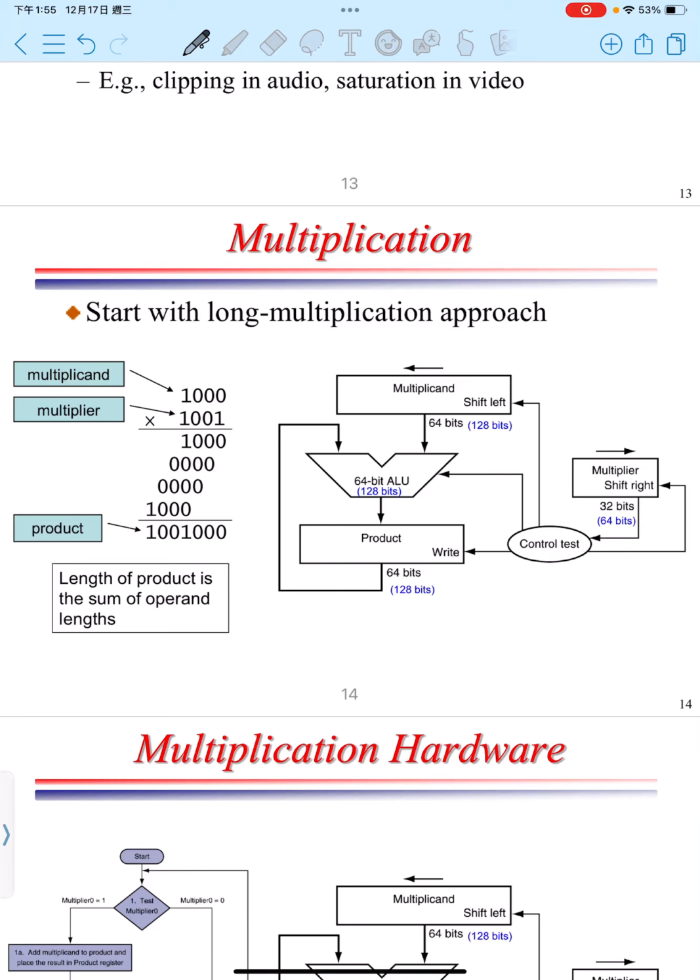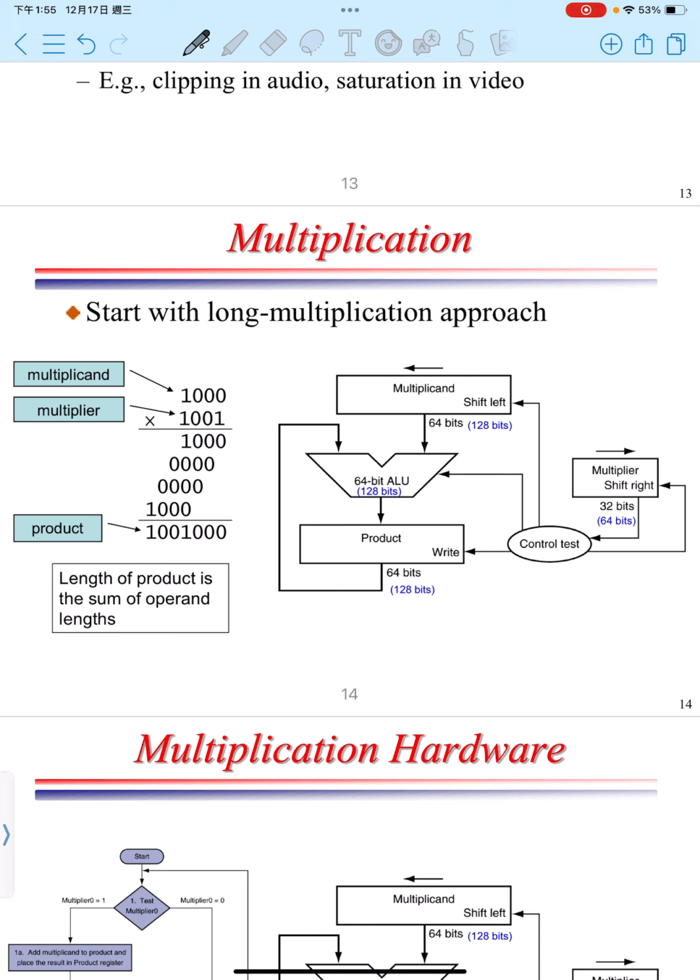Today I will introduce how multiplication is implemented in computer hardware, starting from the basic long multiplication approach. First, let's look at the idea of long multiplication, which is similar to what we do by hand in binary. On the left side, we have the multiplicand, which is 1, 0, 0, and the multiplier, which is 1, 0,